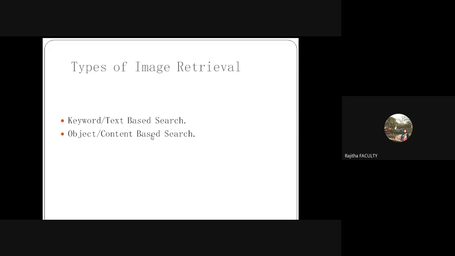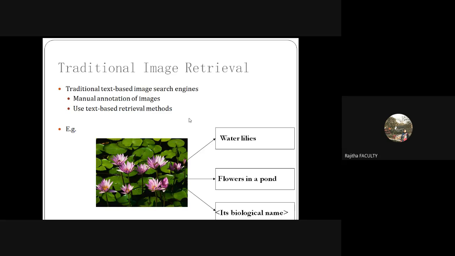In research, it is given the name content-based image retrieval. Content-based image retrieval is the term given. If you type it on Google, you will get lots of articles on that particular topic. That is what we are going to deal with today: how do we do CBIR using ML, and how do we do the same with a DL technique?